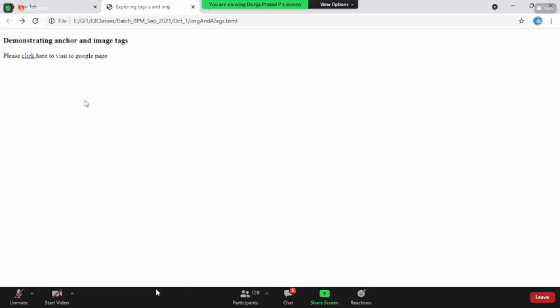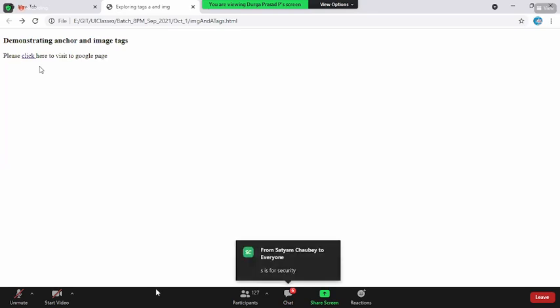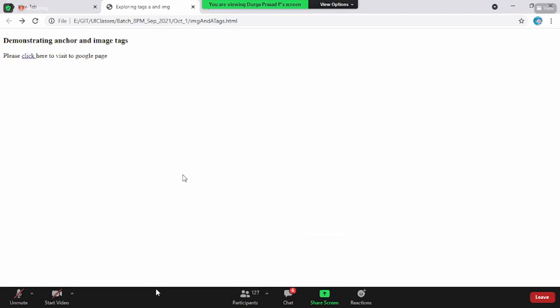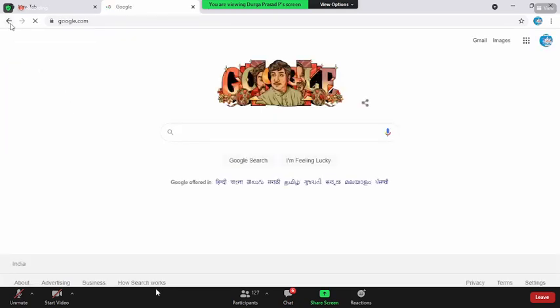Now if you come back and reload the page, see here, the link shows an underline. Earlier when I was using sbi.com, it came in blue, but now this one is coming in some purple color. What does that indicate? Whenever you have the blue link, it indicates the link is not yet visited. But if it turns purple, it indicates that the user has already visited that web page, and it is already part of the user's browser history. That is the reason it shows in this color. So you can understand that I have already visited the Google page, and once you click on this, it will revisit the web page.